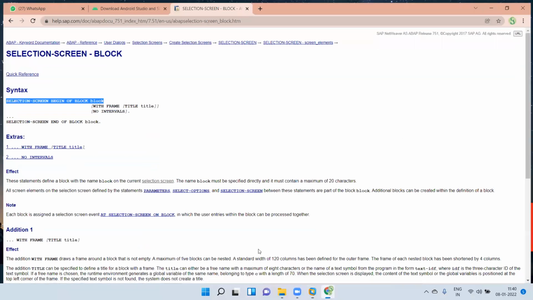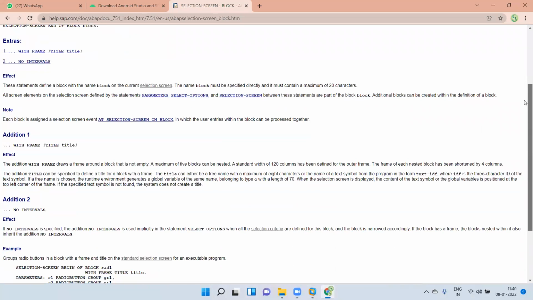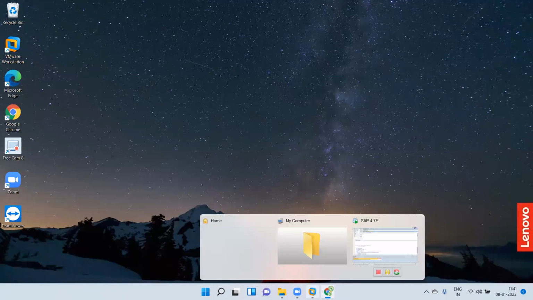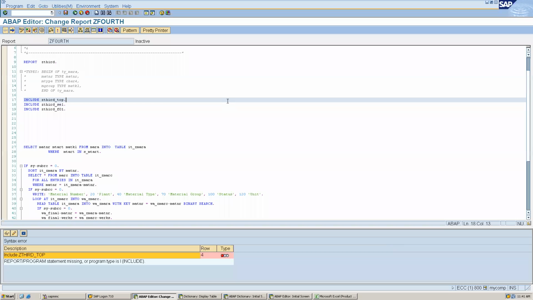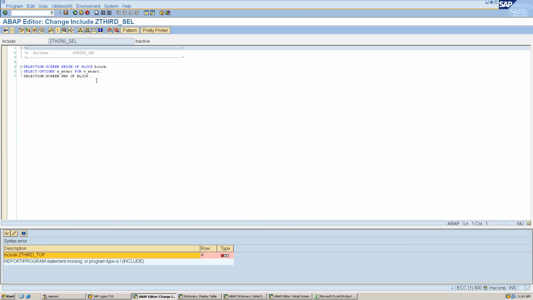Here we have many things, like this is the first block. Also we can give some title. This can be done, it is not a big deal, so I'm not covering this as of now. If you have any specific requirement and you are not able to search it, then we can see. But if you execute any standard program or some big program, you can see some fancy selection screen like this. Okay, I think this block.